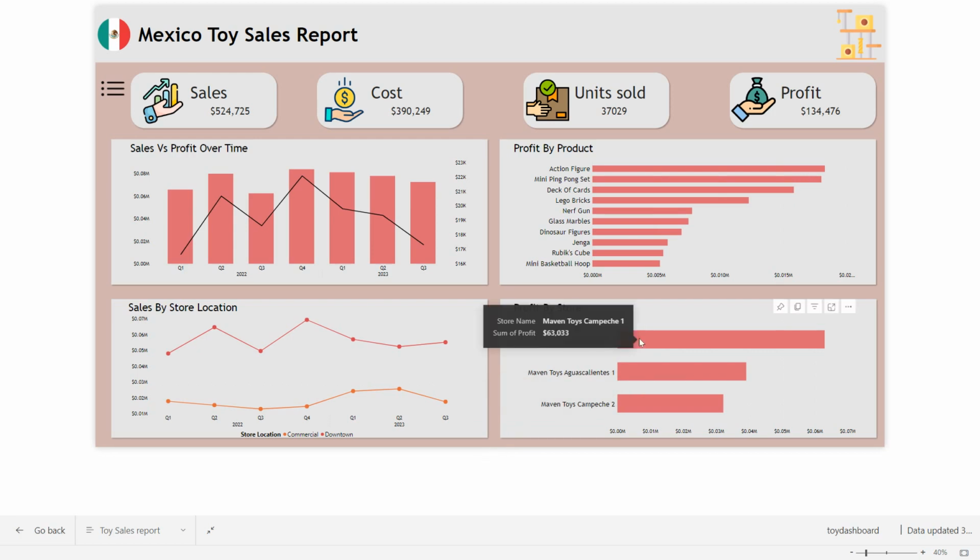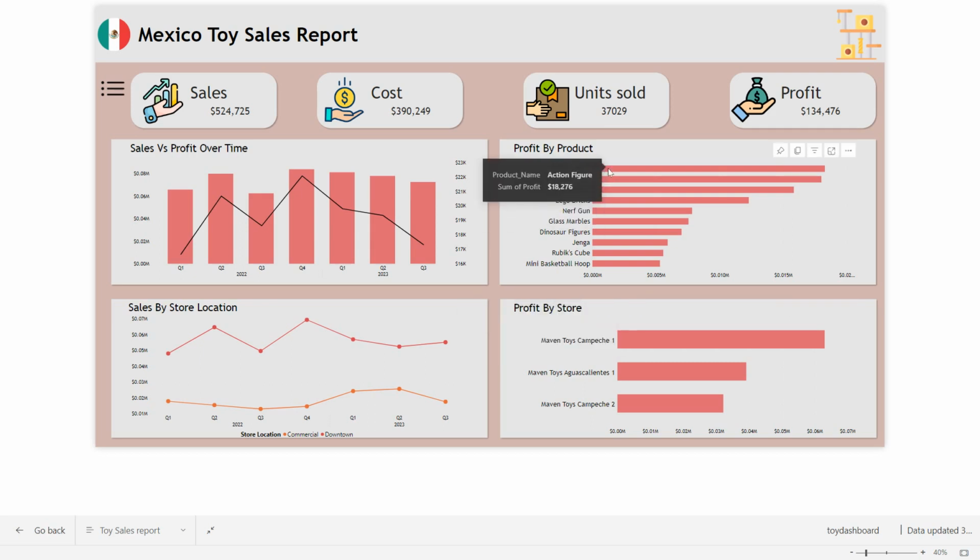On the first store we can see the sum of profit is 63,033, and profit by product. The first product is action figure and the sum of profit is 18,279.76,